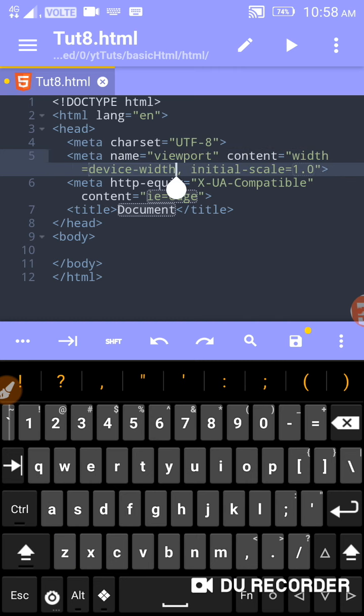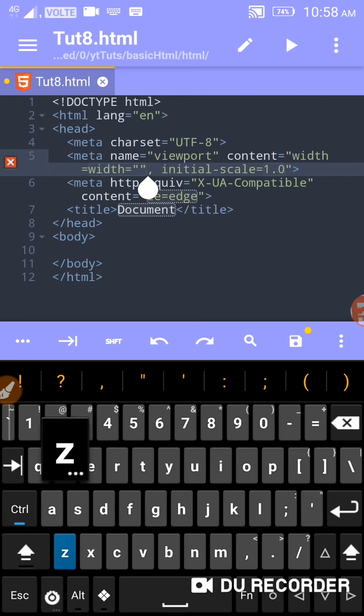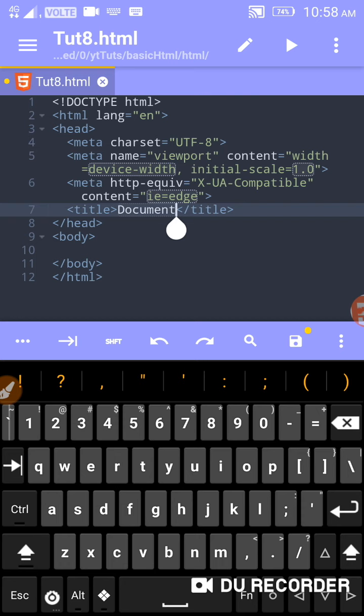I'm making many mistakes now. What the hell is this? Just tab here and add